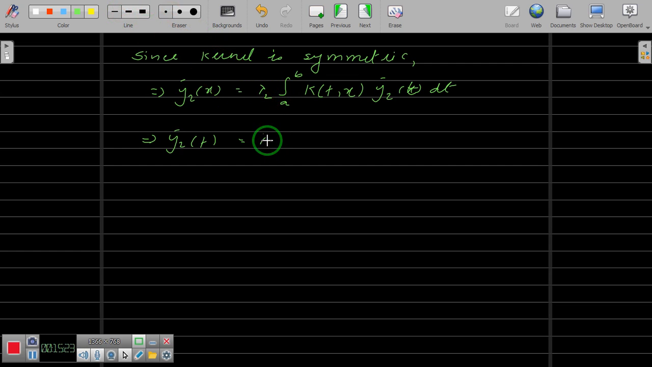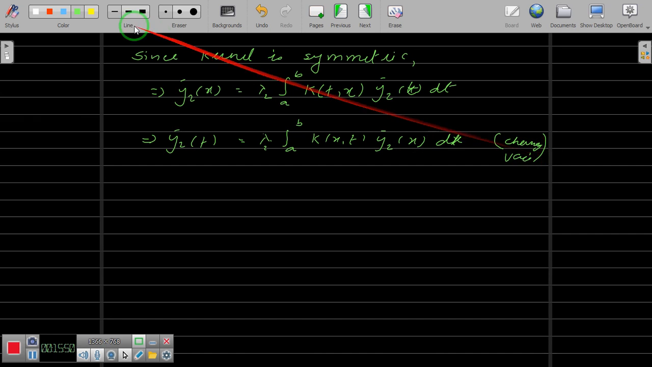Lambda 2 integral a to b k(x, t) y2 bar of x dx. We are changing the variable: you put x as t and t as x, y2 bar of x dx, changing variable. Okay, now also we have